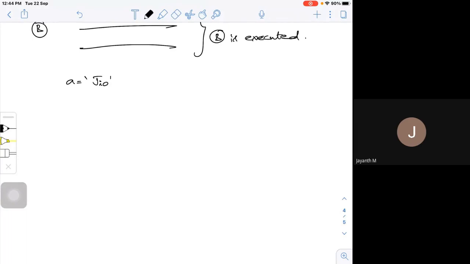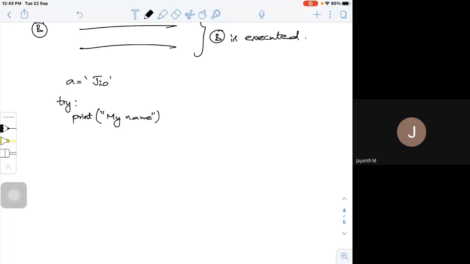Now I will use the try command. So try followed by a colon. Then you have some statement, print my name, something like this.